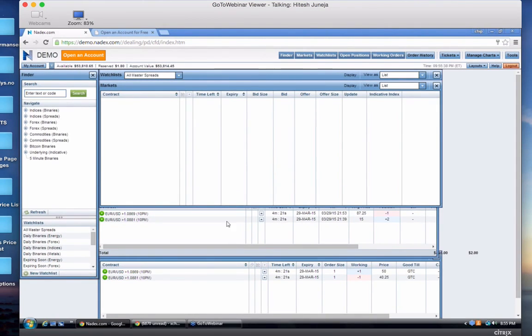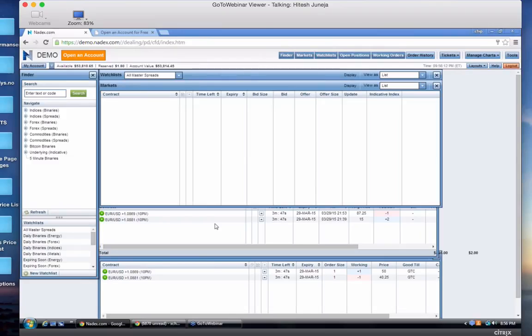You really want to gauge when a signal comes in, you need to come and look at what contracts are available in Nadex and see which ones are going to be a very profitable trade for you. In terms of does it look like I'm going to make a pretty strong return on this? And looking at the very basic analysis that I've already gone over, that combined with a signal, does it look like I have pretty good odds of winning this? Because if you do, based on your analysis, and you can make a greater than 100% return on the trade, then you have a very strong winning formula.